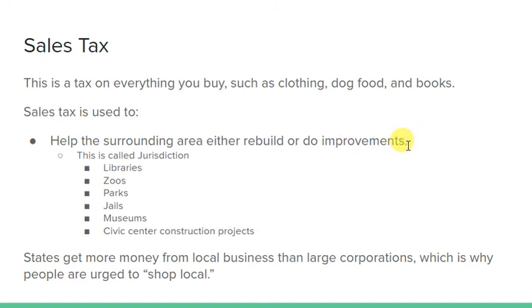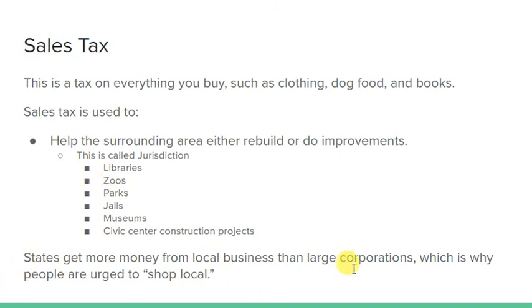When I moved out here 10 years ago, that area looked horrible. It was trash. But if you go over there right now, they've redone the sidewalks. They've got lights, road dividers. It looks really good. But it's not just towards those kind of areas, but you're looking at libraries, zoos, parks, jails, and museums, and civic areas. So basically, the sales tax is used to help improve the area, because if you live anywhere for a certain period of time, you'll see that there's a lot of wear and tear and that it needs repair.